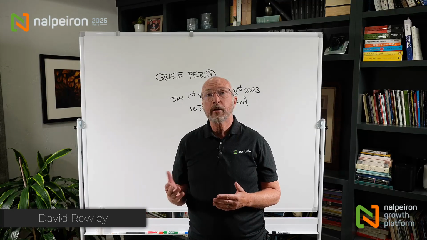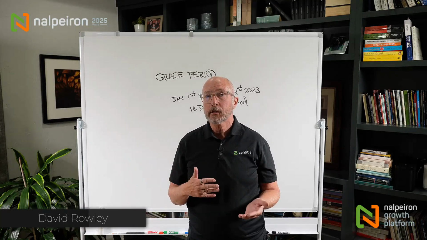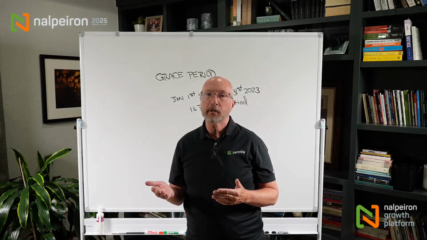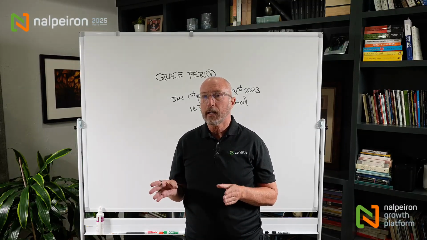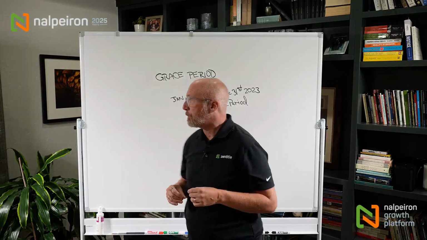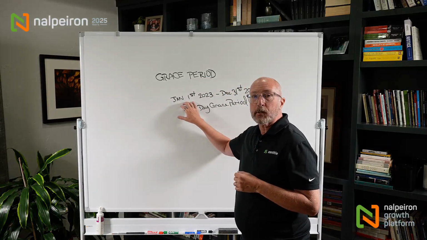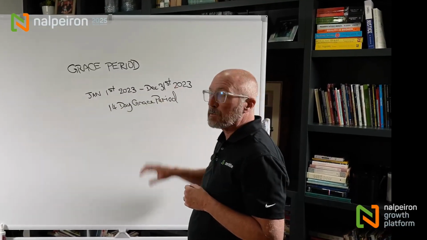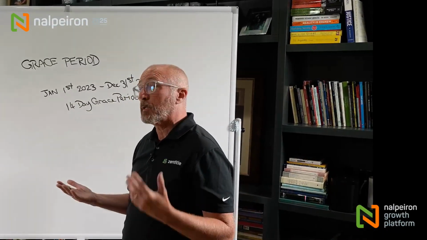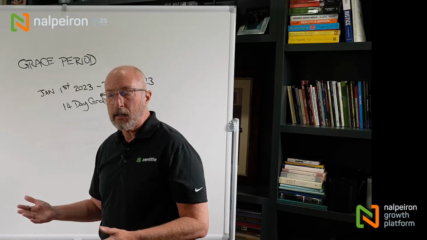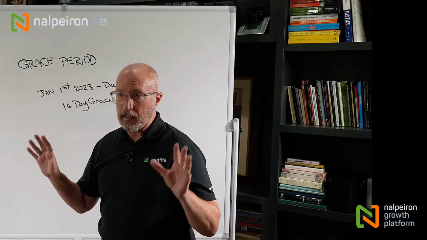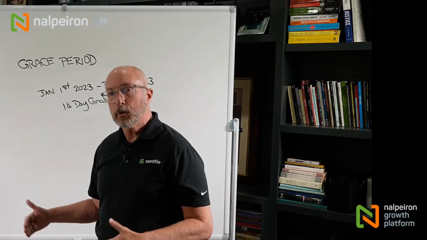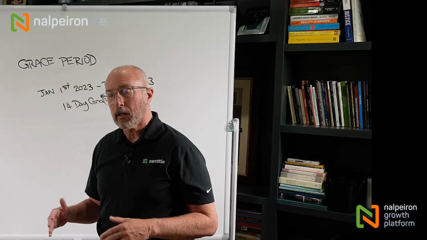One of the things that can be very helpful when working with customers on a subscription basis is to build some kind of contingency into the expiration date of the license itself. So what do we mean? Well, if you have a subscription perhaps for 1 year, starts January 1st and then ends at the end of the year, especially since it ends at the end of the year, often things are a little complex and chaotic around year end. And so ensuring that the renewal gets done before the end of the year can sometimes be